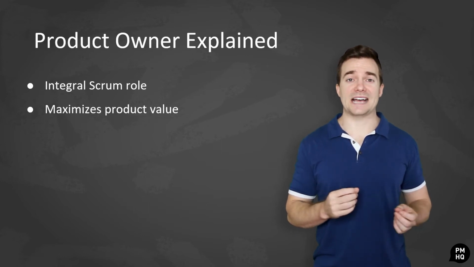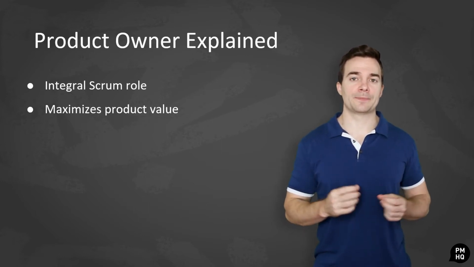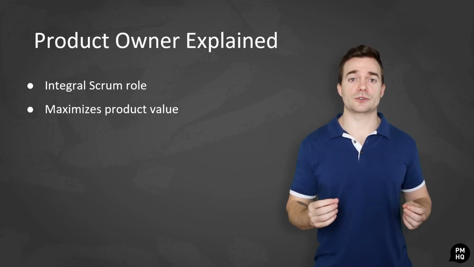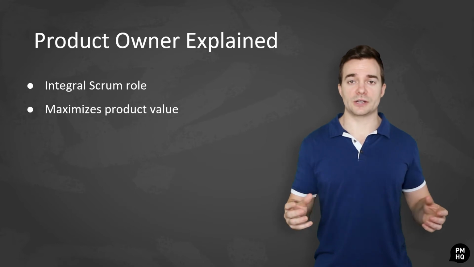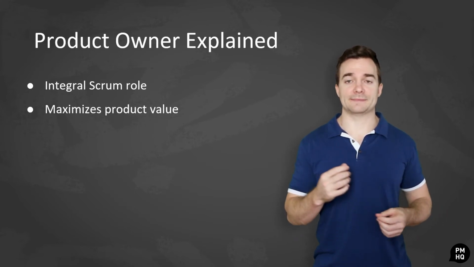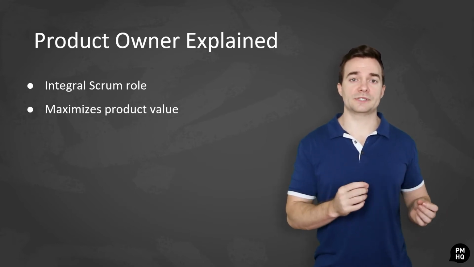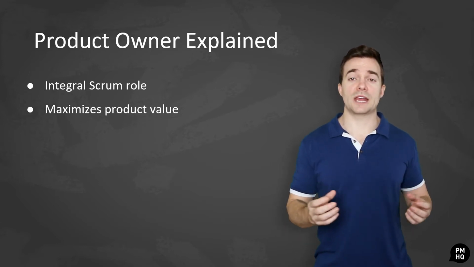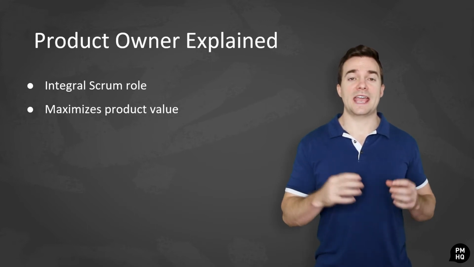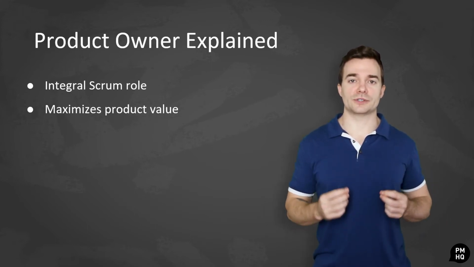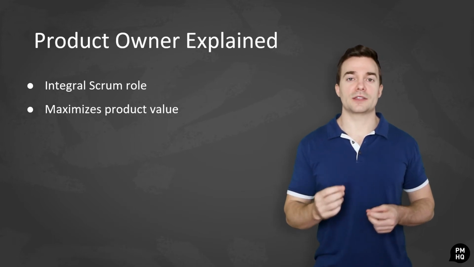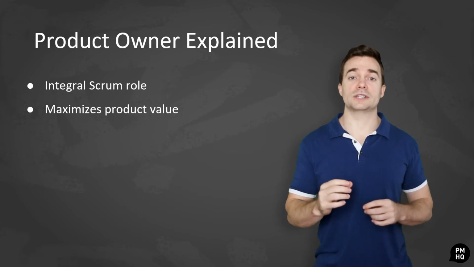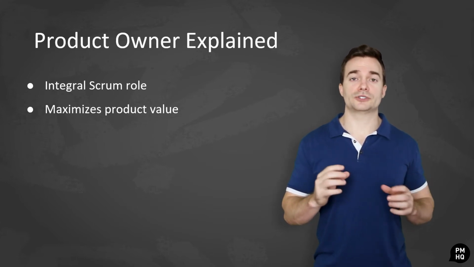Consequently, there are a number of tasks that product owners do on a daily basis. These include defining product goals and objectives and communicating these goals to the Scrum team and other stakeholders, developing and managing the product backlog, ordering backlog items, and ensuring items are prioritized based on their importance, communicating the product backlog items to the Scrum team, and ensuring they understand what they're supposed to do, and ensuring the product backlog is also understood by all the developers and there aren't any ambiguities,